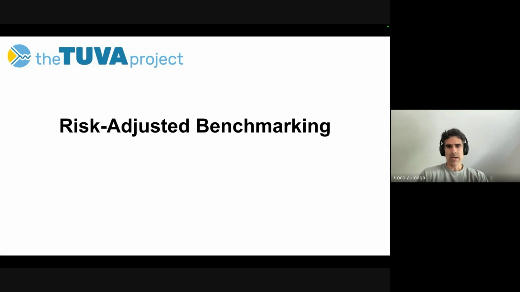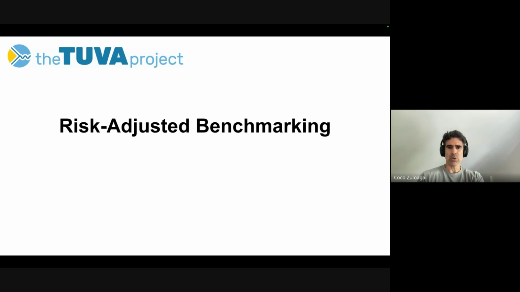I think there are two main goals that we want to get from this presentation. The first goal is that we want to give a good overview of how we think about doing risk-adjusted benchmarks. Aaron, myself, Brad, and other people on our team have spent quite a bit of time doing this in the past, and we've seen different ways of doing it. There are better and worse ways to do it. What we're presenting today is a pretty standard approach that's considered best practice in the industry. And so we'll walk through what that looks like.